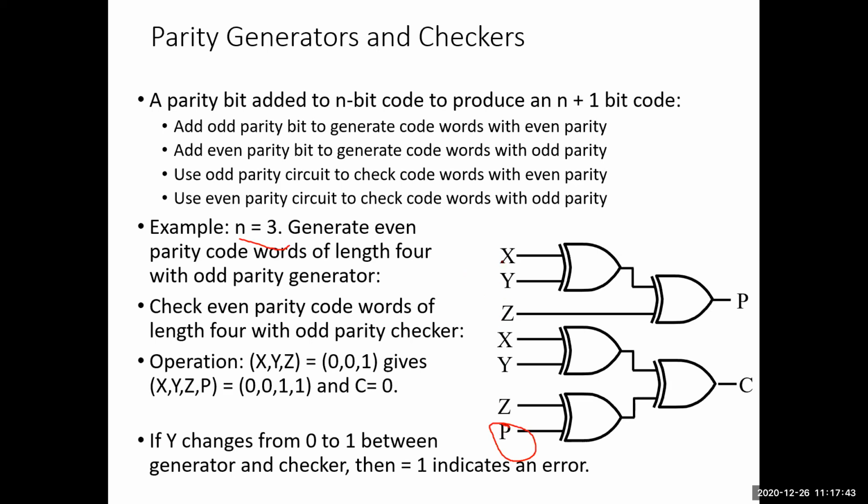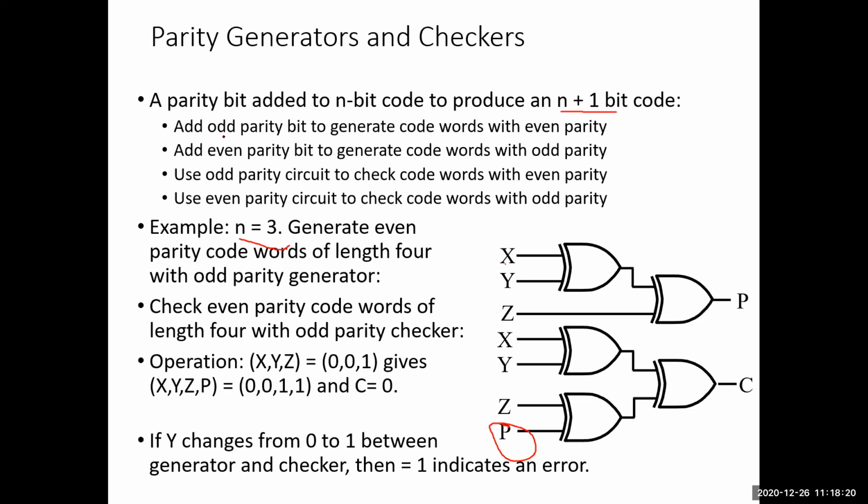The x, y, z is my n bit number, or take an example of a0, a1, and a2, or else it can be any example. Anyway, I have given here one example: 0, 0, 1. This means x equal to 0, y equal to 0, and z equal to 1. If for this number I add one parity, then depending upon that parity I need to get my output. So let us see how that output is obtained. A parity bit is added to the n bit code in order to produce how many bits? N plus 1. That depends upon the even parity.